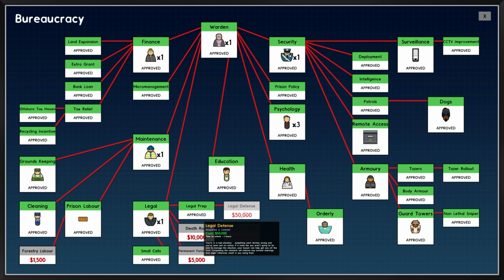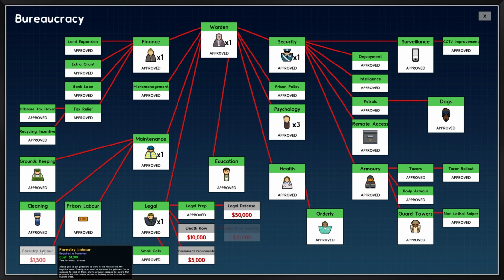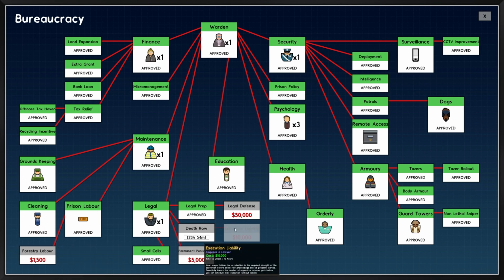Legal defense, that's the get out of jail free card. Forestry labor, I don't really want to hire them to work in that because then they can get saws, which is a terrible idea. But I guess we could go ahead and start researching Death Row, and then maybe get into building that next episode as we start winding this series down. I do want to try and get Supermax actually functioning before we're done. Hopefully less stabbings, but